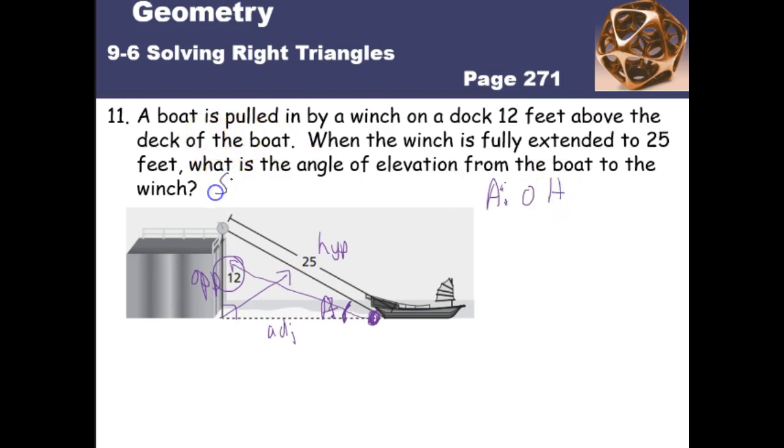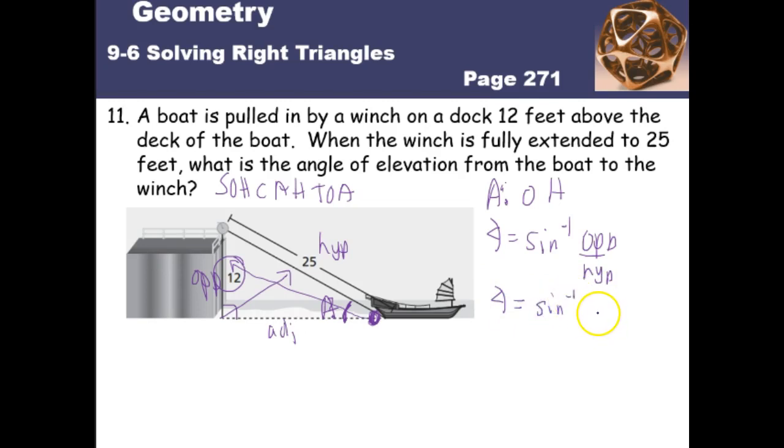And remember, SOHCAHTOA. So to find this angle of elevation here, I'm going to say sine, because O and H is sine, but I'm finding an angle, so the angle is the inverse sine. I have to use inverse opposite over hypotenuse. So my angle is equal to the inverse sine of opposite, which is 12, over the hypotenuse, which is 25. So when I plug that in,